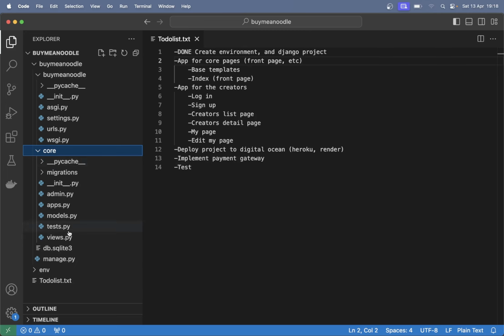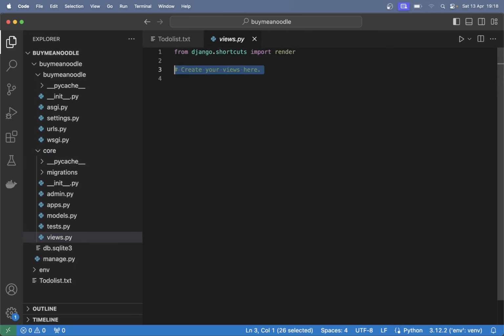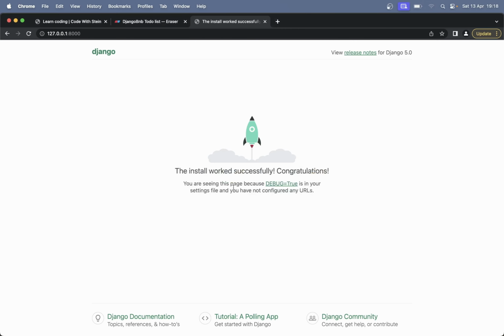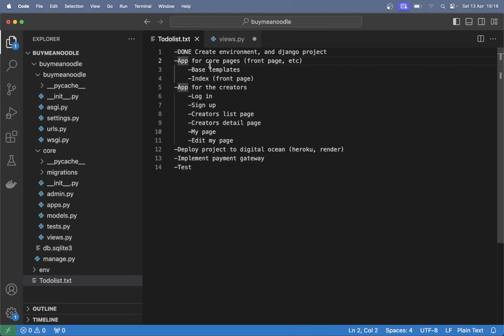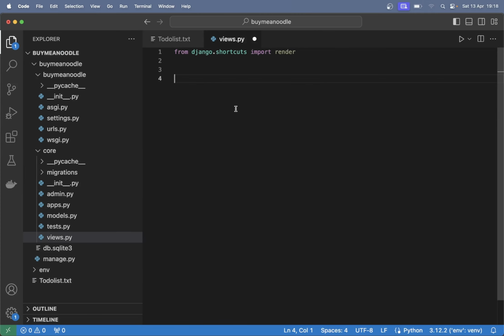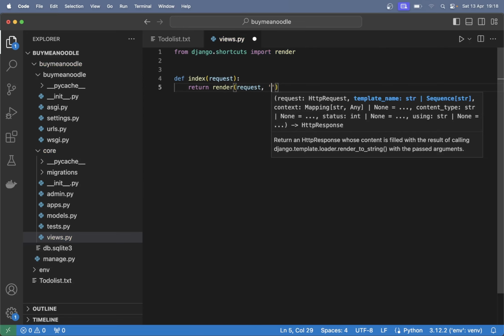We can begin by creating the view for the front page. That's sort of the order I like to do this in, even though I said in the to-do list that I'm going to begin with the base template. We can begin with the view for the front page. So def index(request), and then we just say return render, which is a shortcut that's already imported up there. Pass in the request parameter again, and then we specify the template we're going to use. In this case, it's